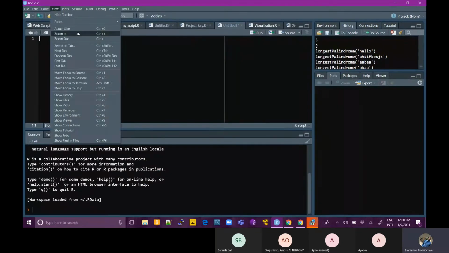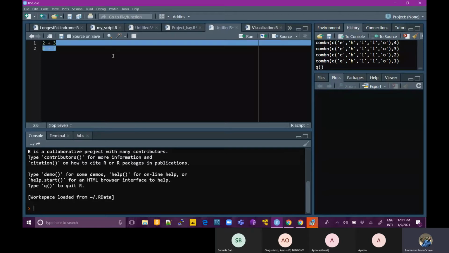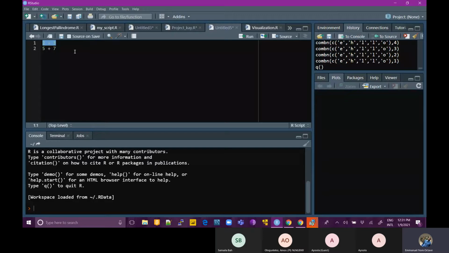Yeah, this is easier to see visually. So okay, I think it's better. If I want to run 2 plus 3, and I type 5 plus 7. Now, if I just want to run this first line, I can just highlight and run. Sorry, as I've highlighted, I can manually come to this run button and click on run,